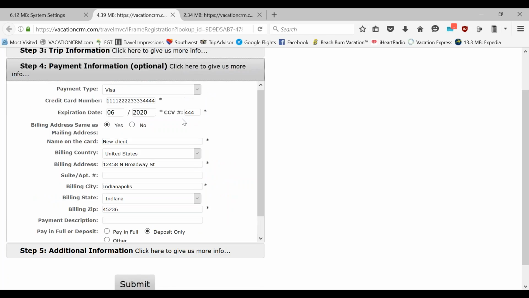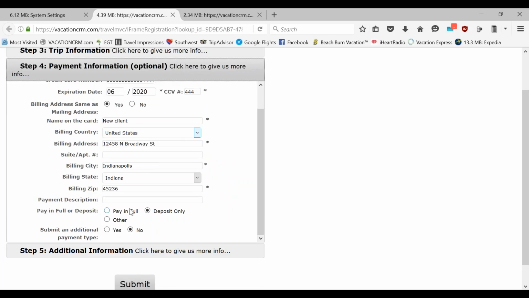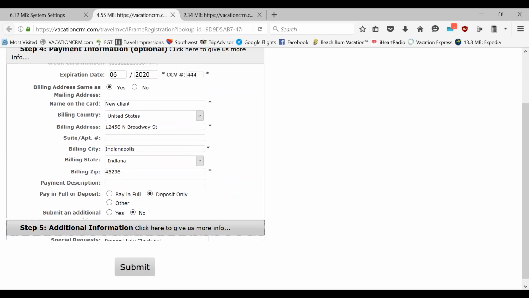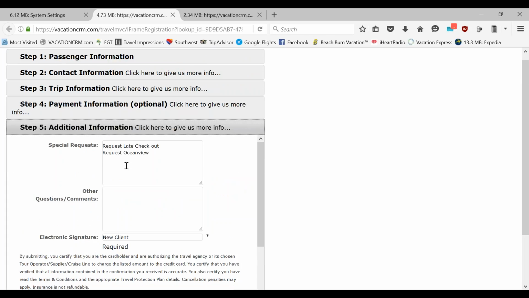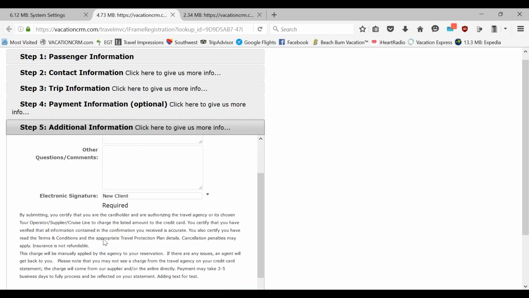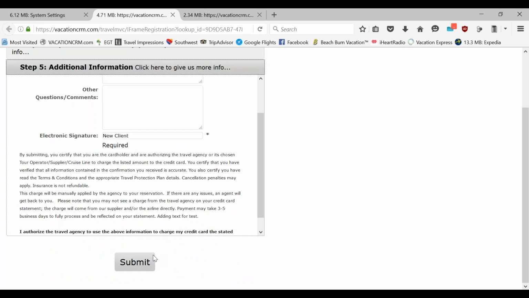payment information, so their credit card info. They can also select, do they want to deposit only, do they want to pay in full. They can do an other amount and actually type in how much. We'll just say deposit only for this one. And then any additional information, so they can put in requests they want, and then their electronic signature. And this is that disclaimer that I showed you could edit yourself. So once they have all the information in, they'll just simply click submit,